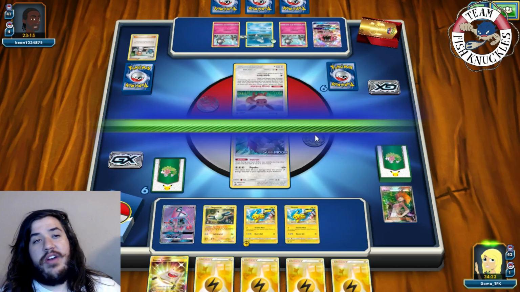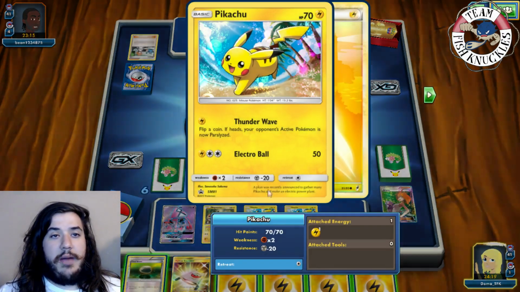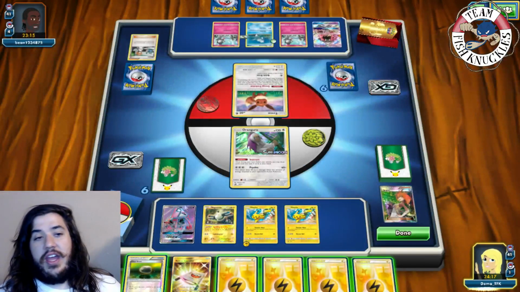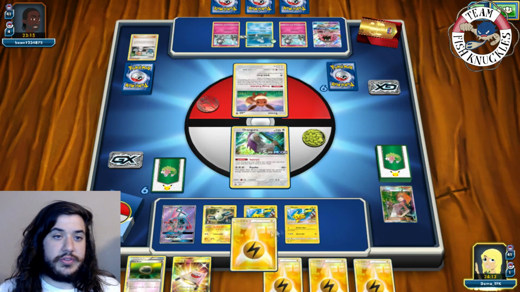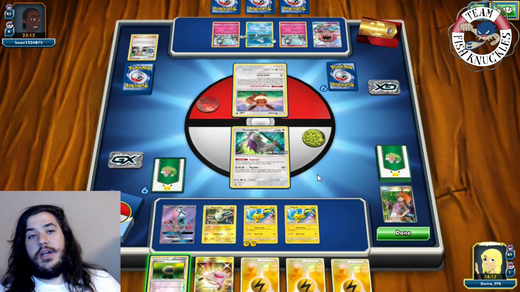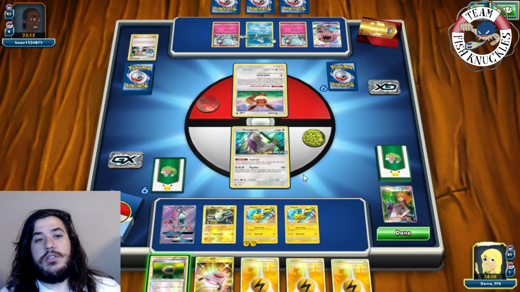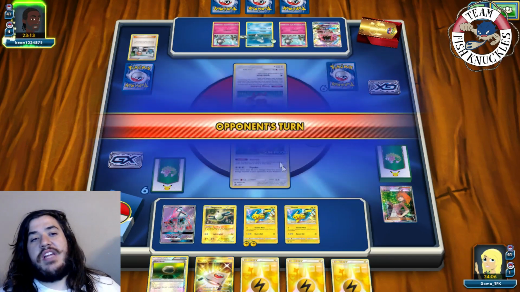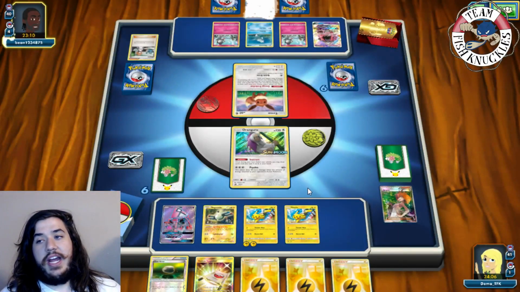And if we don't have it in, no, just pass it to our turn, actually. Alright, so we're looking good. Except we can't really do anything. Let's put a Lightning Energy on Pikachu. And we'll pass. I don't want to put down the Float Stone. I don't want to commit anything. Like, I don't want him...